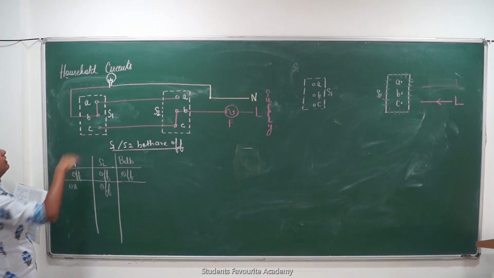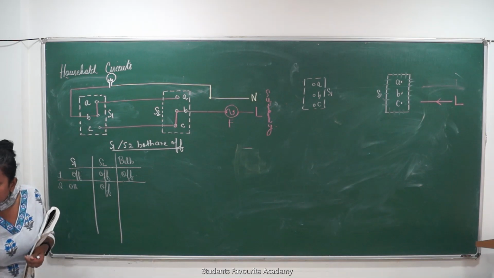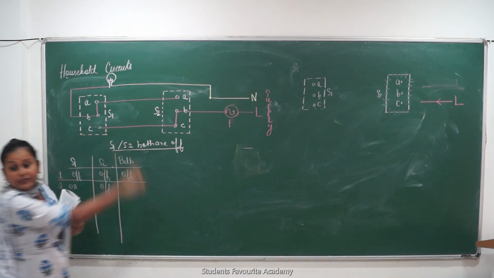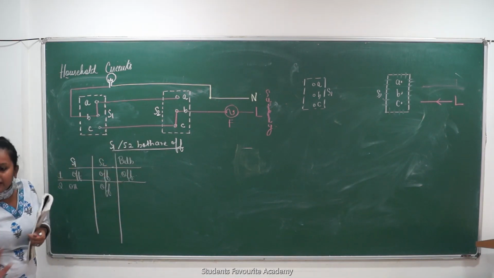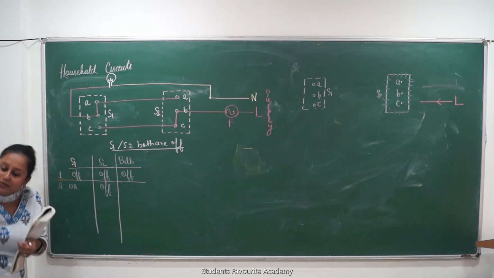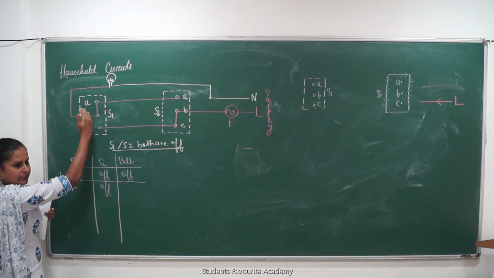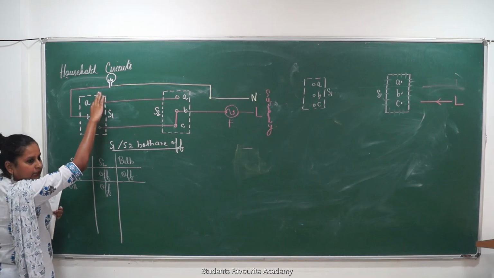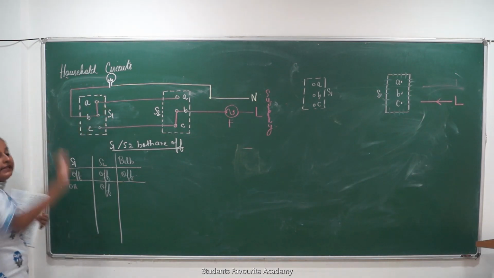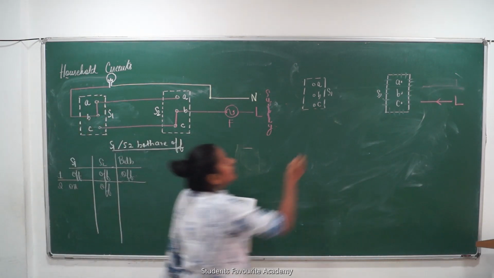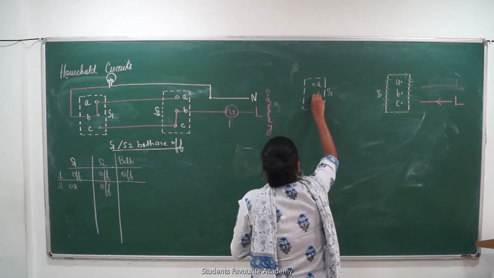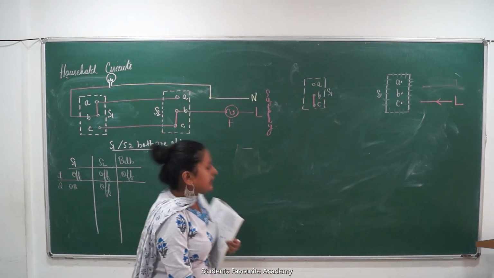What is ABC? ABC are 3 points, connection points that are made on these switches, dual switches. Okay. A, B, C में कहीं पर भी loop बन सकता है. So this is off condition ना. Off condition में A और B का connection है. On condition में A and C gets connected. What is getting connected? B and C. Sorry, B and C is getting connected.